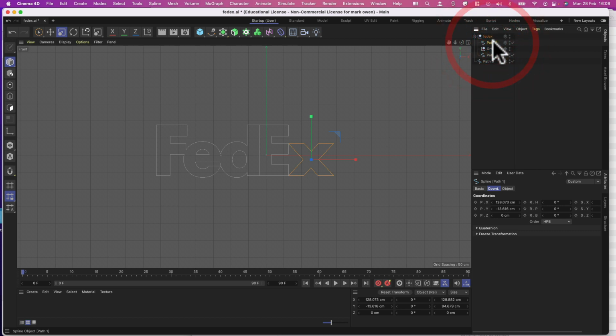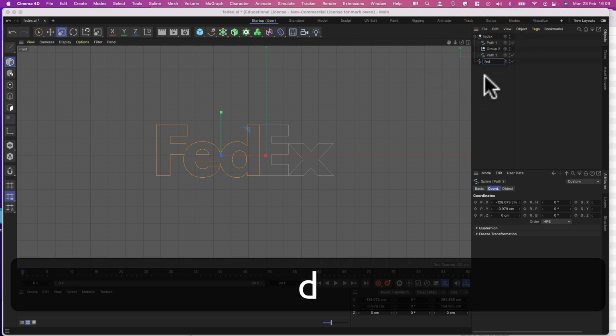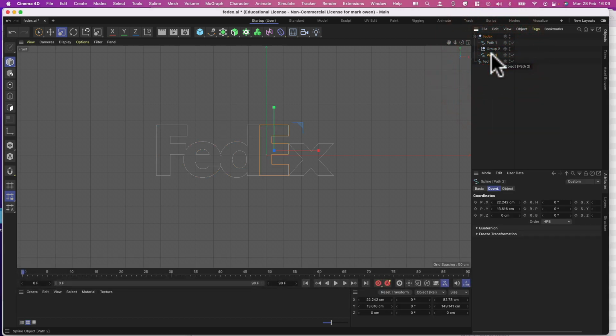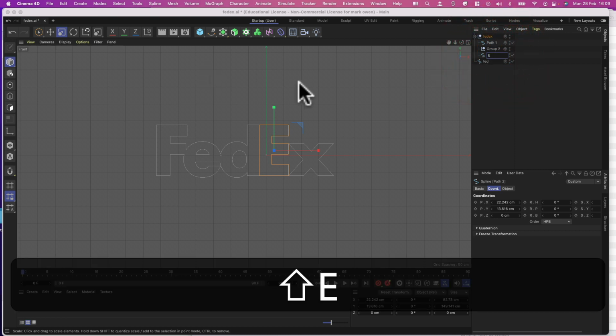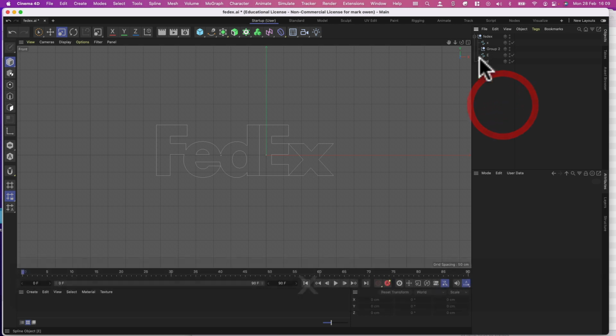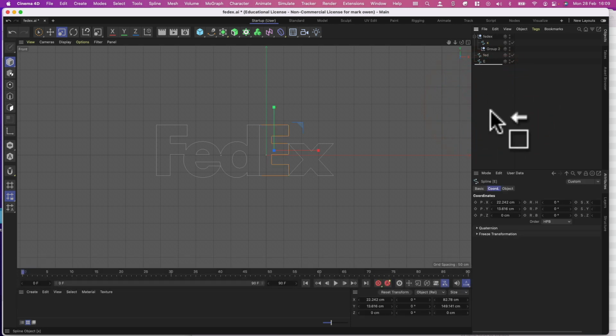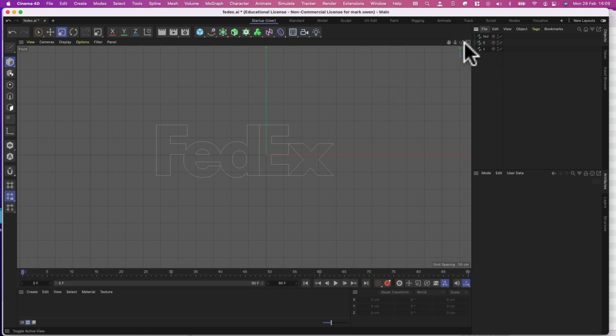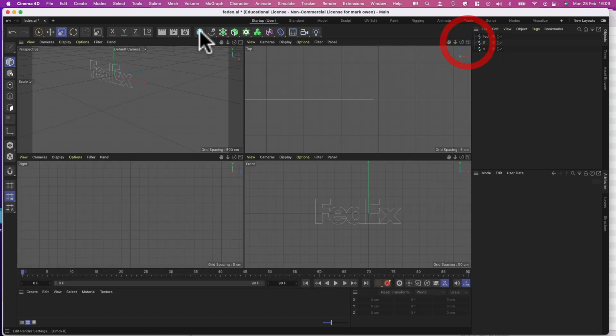Right, so let's just label these. So this one is called Fed. This one is called E. And this one is called X. So we can take all of these out like this and get rid of these ones there like that. So now you've got those shapes, you can just say